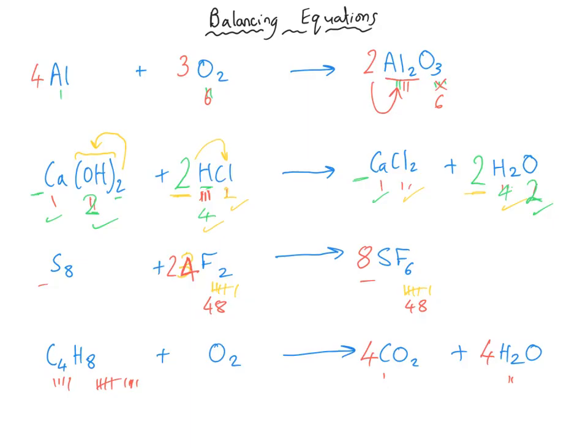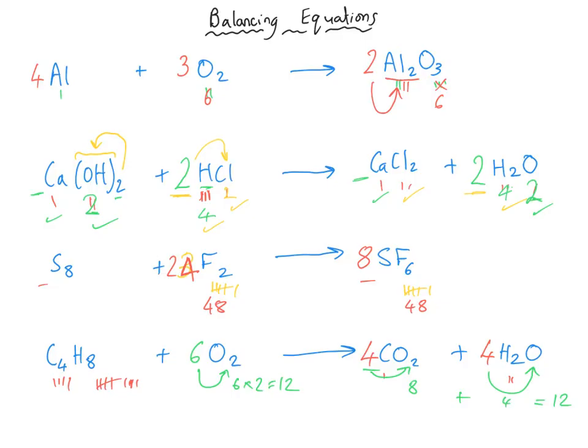And so then in terms of checking our oxygen, we've got 8 oxygen here because 4 multiplied by 2, and then we've got another 4 over here, so 8 and 4 gives us 12 oxygen in the products. So we need 6 in the reactants, 6 lots of O2, because 6 times by 2 equals 12. Now I just wanted to do one more